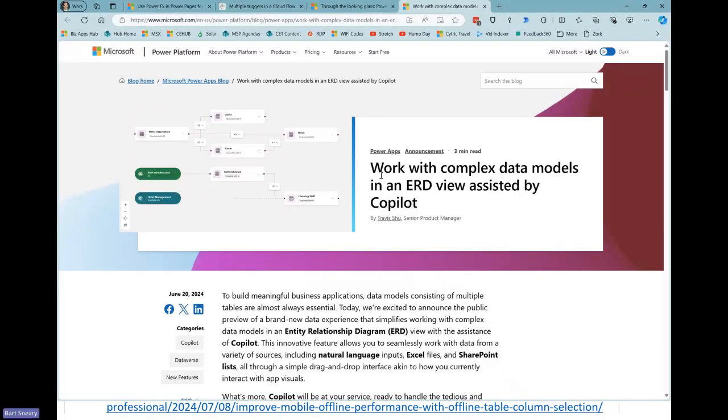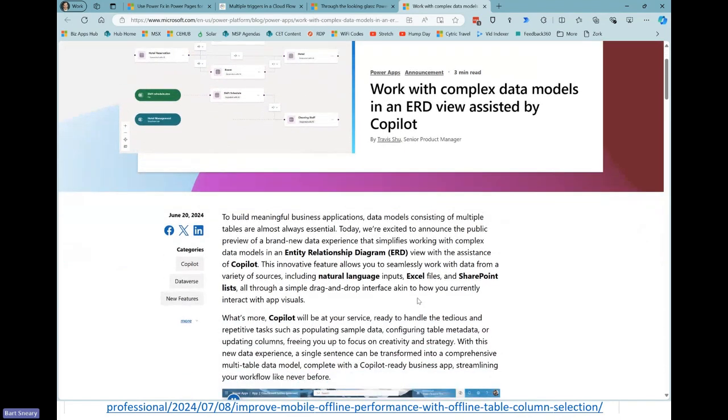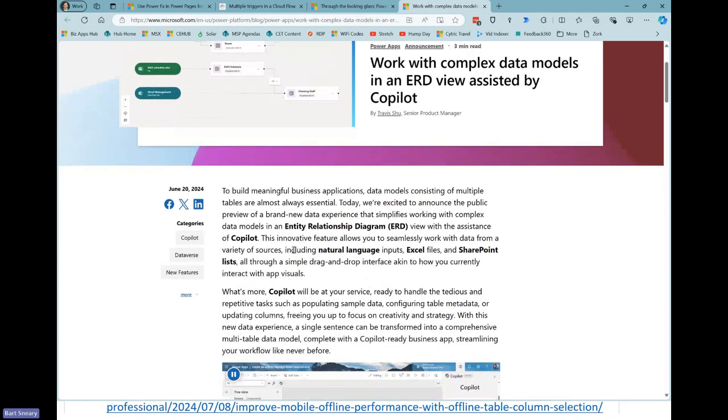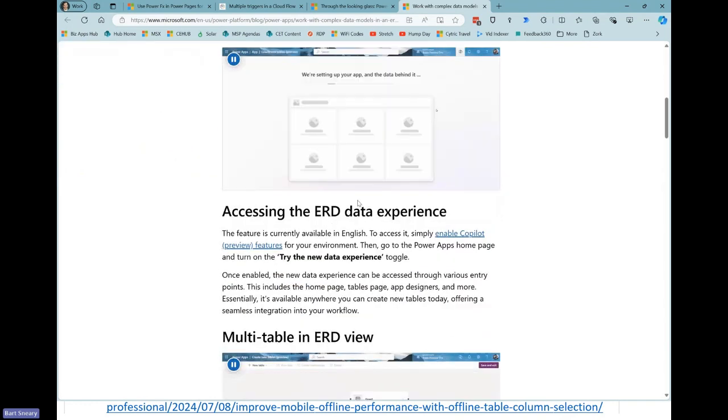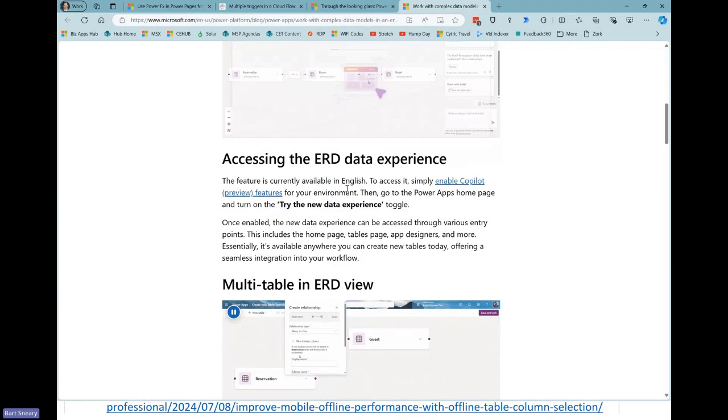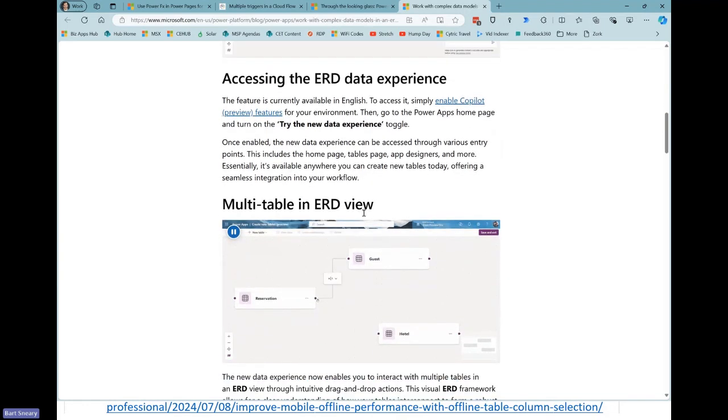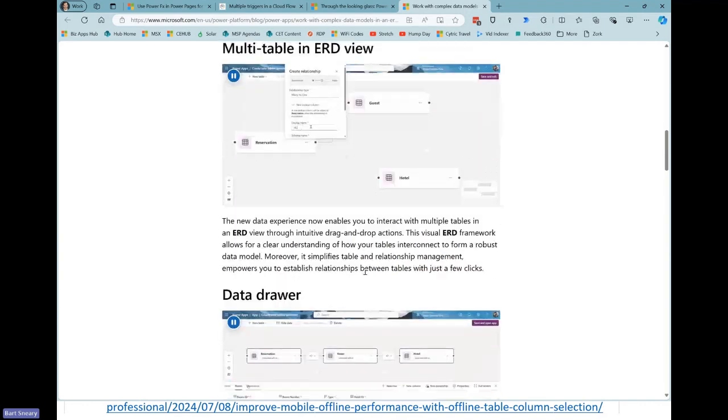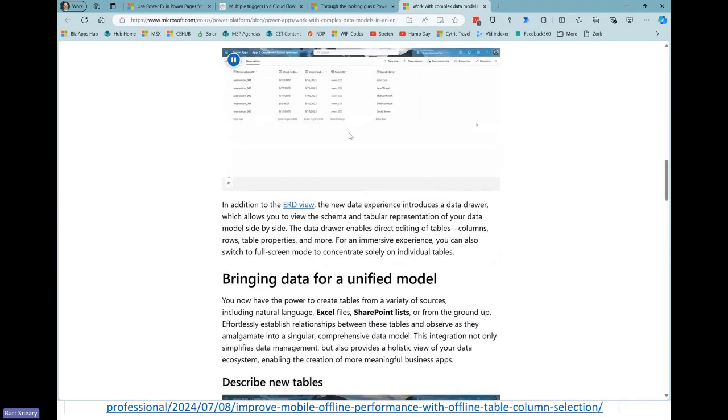For those of you who have wanted ERD diagrams for your Dataverse instances, we now have a tool built right into the Maker portal with the new data experience in the Maker portal for Power Apps that will allow you to expose that ERD diagram with the assistance of Copilot. It lets you actually use Copilot to make new things. And we talked just a little bit about the making side of that, but it wasn't really the ERD experience that we talked much about, and seeing multiple tables and the relationships between them and all that kind of stuff with the data drawer and all kinds of things. So